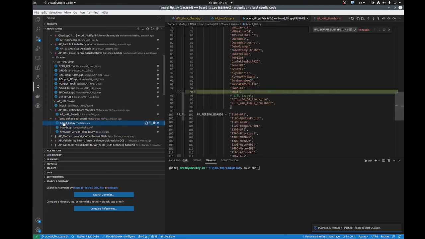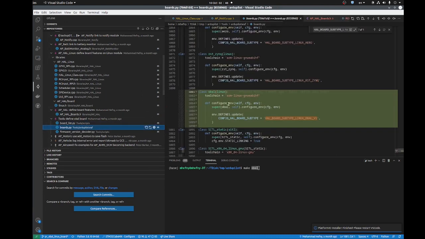Then you go to this board list.py, and again you define your board, and this is where this text is taken from. So if you write here XYZ, then you will be able to make XYZ board. Then you go to this file, boards.py, and in this file,